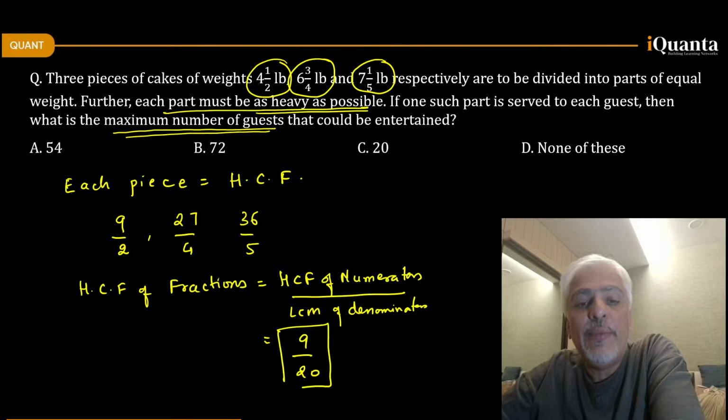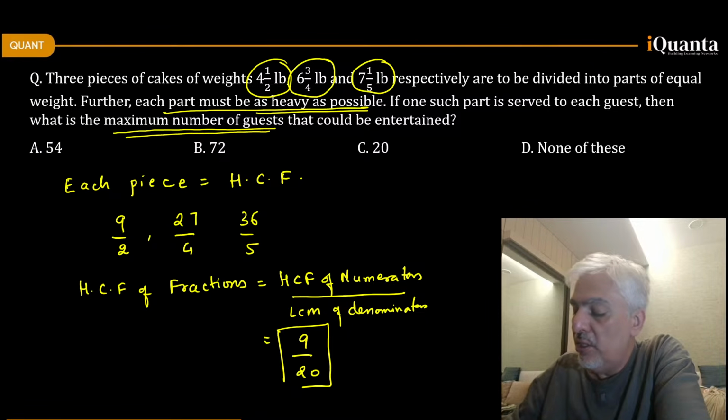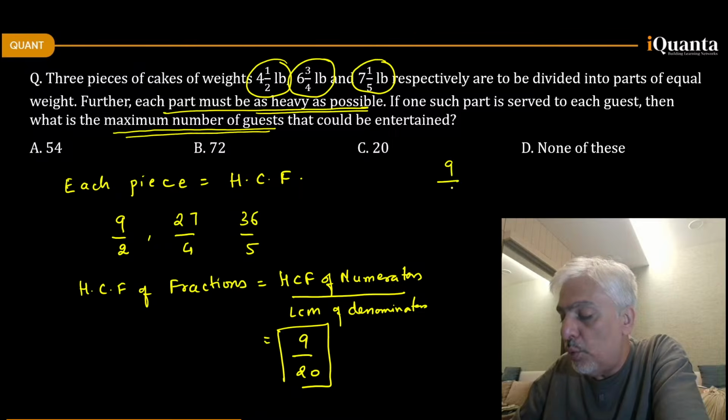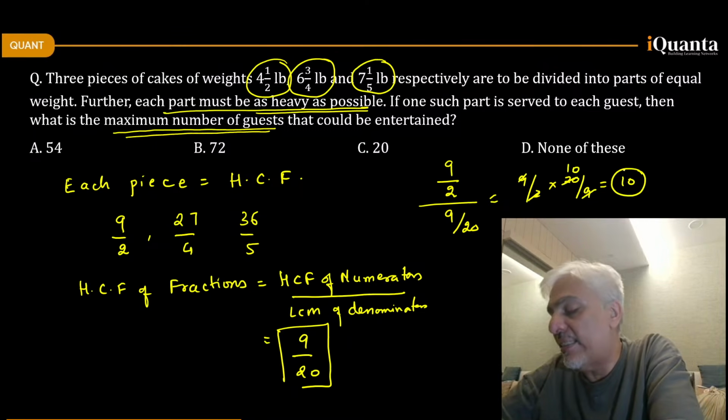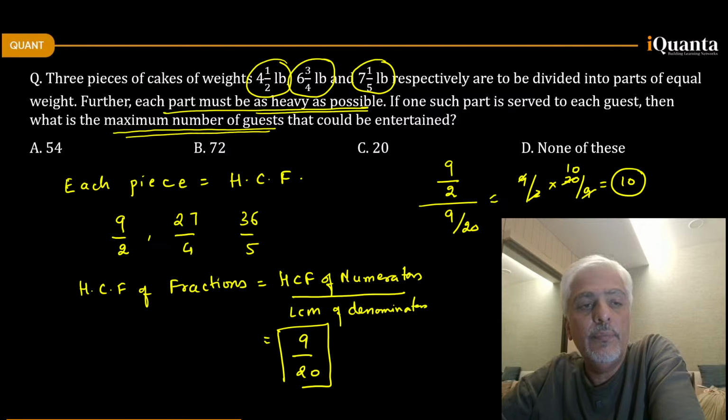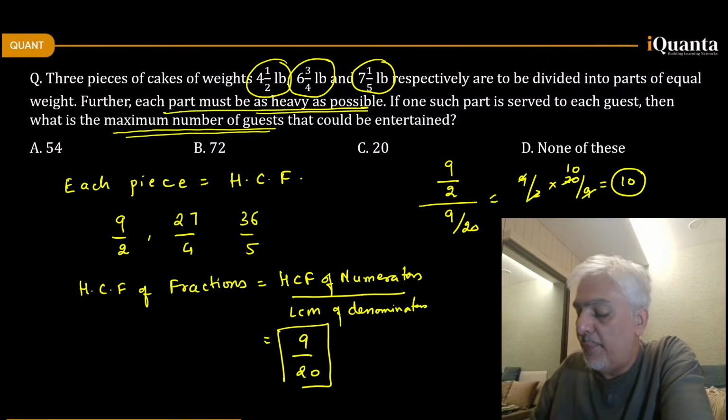Let's find out how many pieces can we make from each cake. First cake was 9 by 2. 9 by 2 divided by 9 by 20 will be 9 by 2 multiplied by 20 by 9. 9 9s are 2 10s are. First cake can be made into 10 pieces. The remaining 2 cakes, can you all do it on your own? What will we get for the second cake? 27 upon 4